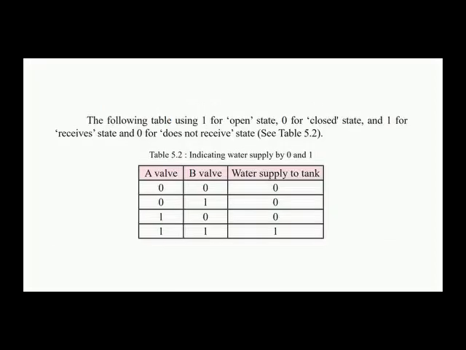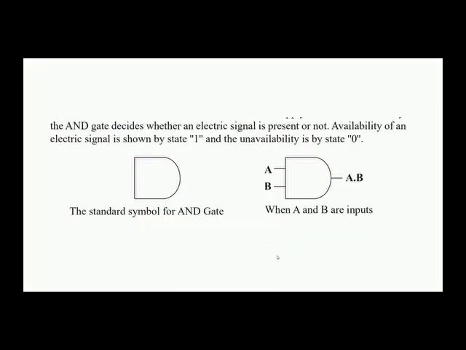In the AND gate, if we take the open state as 1 and the closed state as 0, both valves should be open. So it needs to be 1 and 1 to get the output 1. In order to fill the tank, we need to open both valves. If either of these values is 0, we get the value 0. So similarly, in the AND gate,